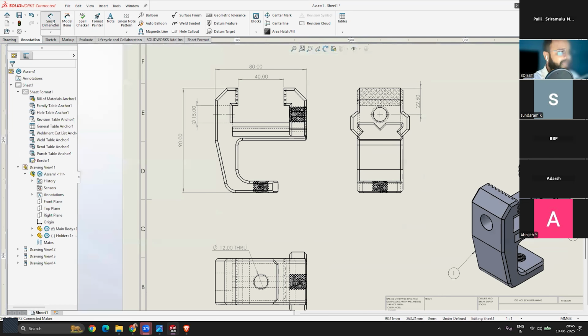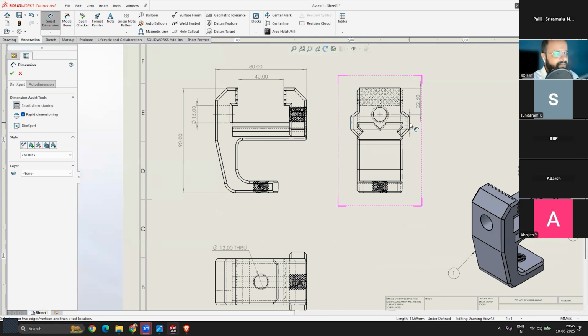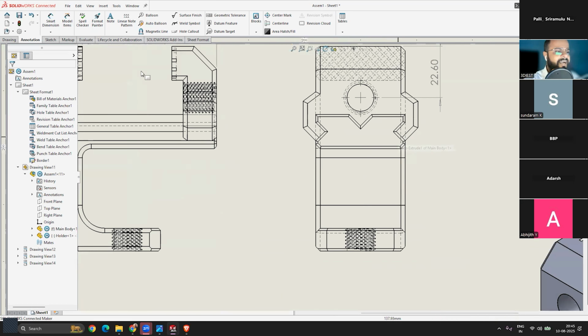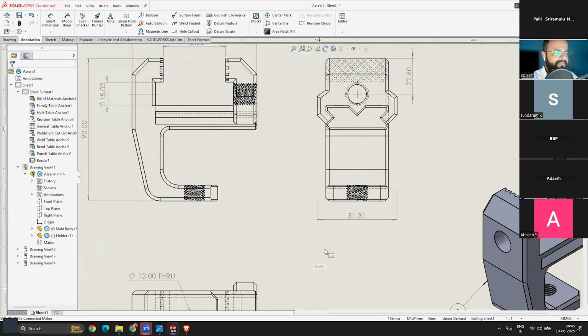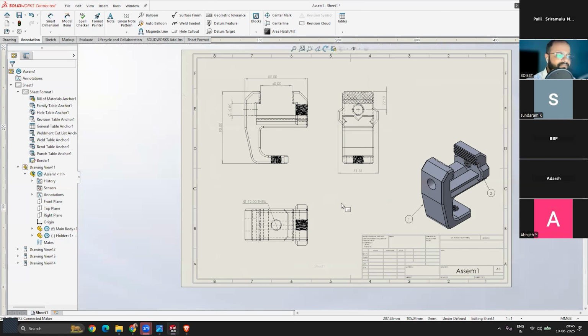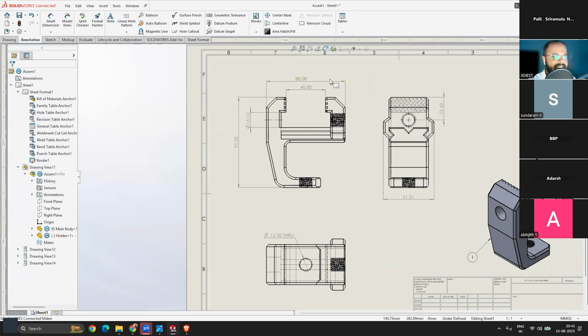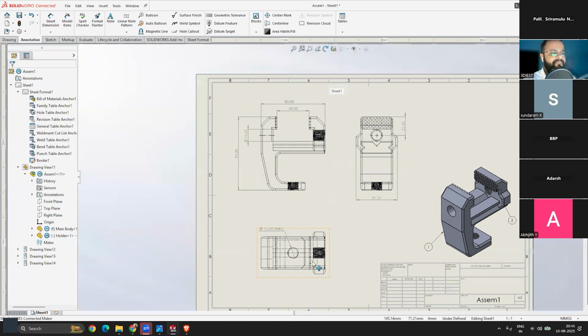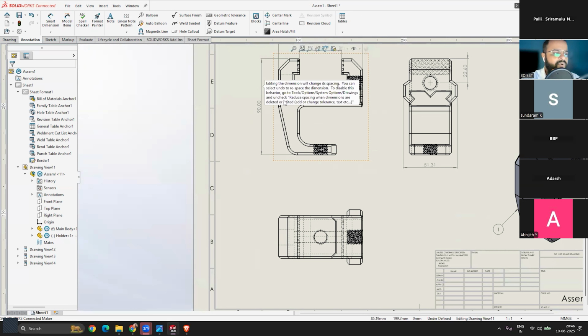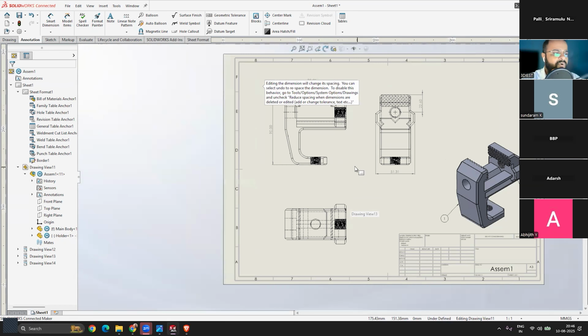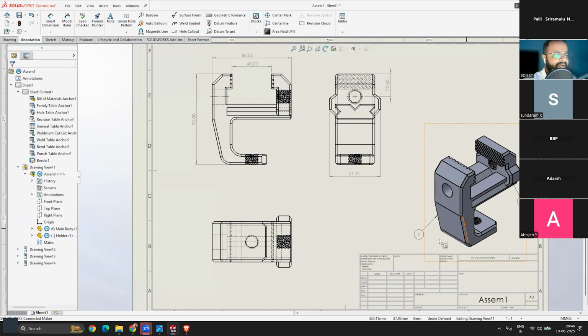Don't ever add all the detailed dimensions, because detailed dimensions are only added on the part level drawings only. And this is not a part level drawing, this is an assembly level drawing that we are creating. So the overall width of this part is 51.31. The overall height is 90 and the width is 80. So we have almost defined all the dimensions needed for this assembly. And for all these details, we can add them into the part level drawings, right? Because these holes are specific to the parts, right? That's why. So you can see we added the part balloons also.